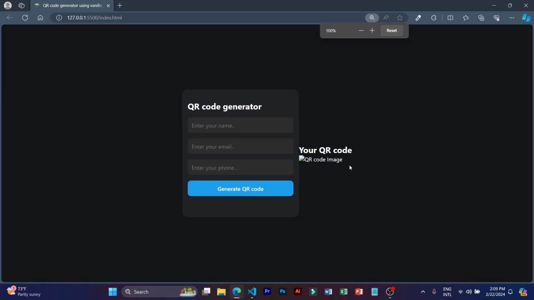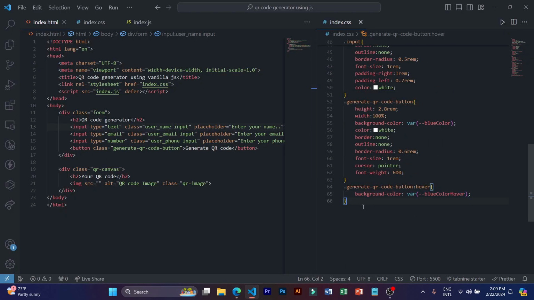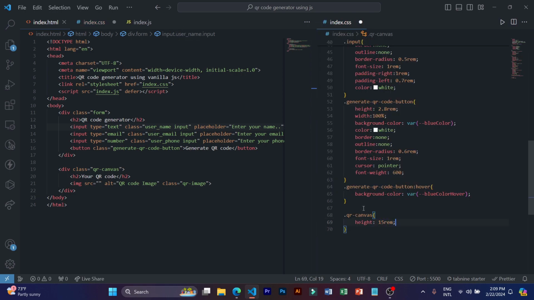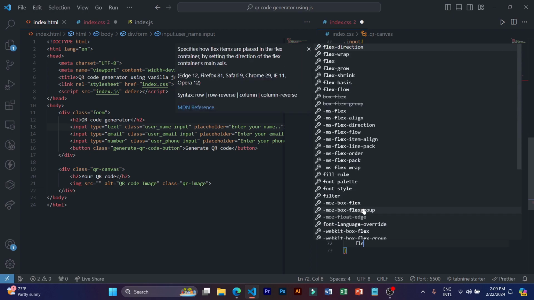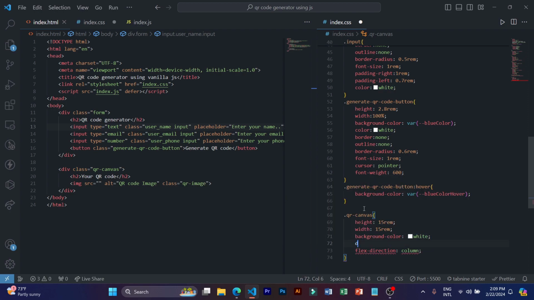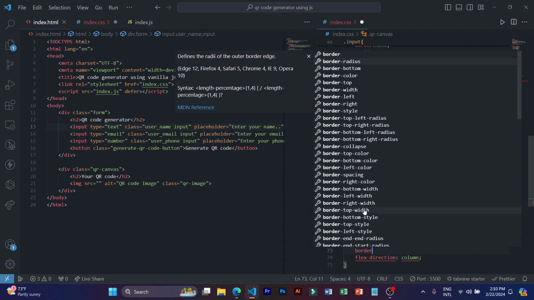Now let's style the canvas also. .qr-canvas. Its height will be almost 15 rem. Width will also be 15 rem. Background color will be white, and let's do flex direction column. Let's do display flex, and let's see what it looks like. Okay, we need a border radius of 1 rem